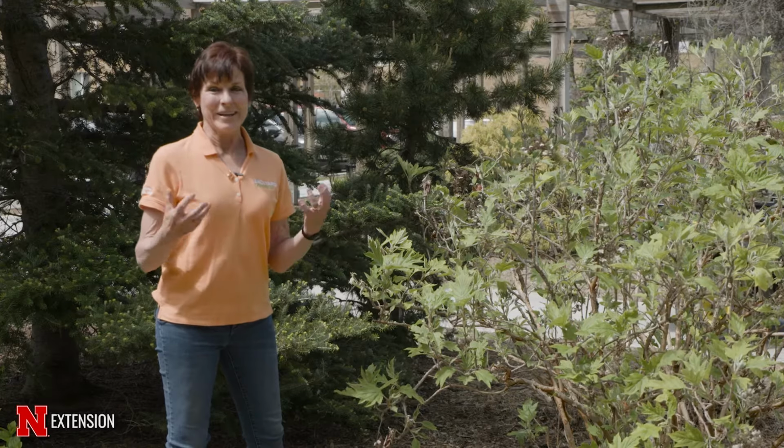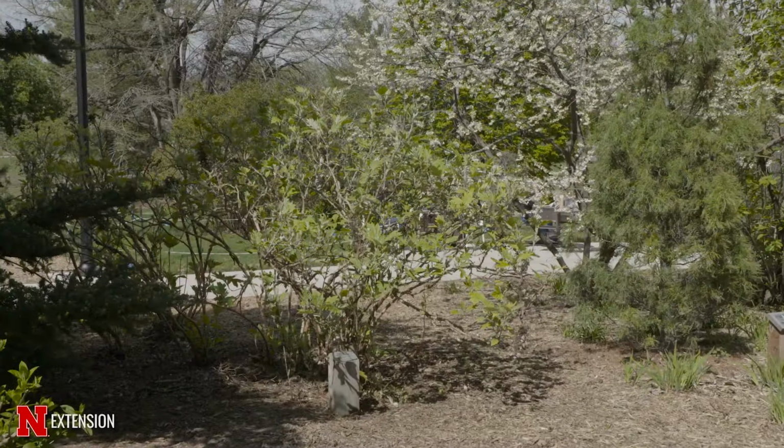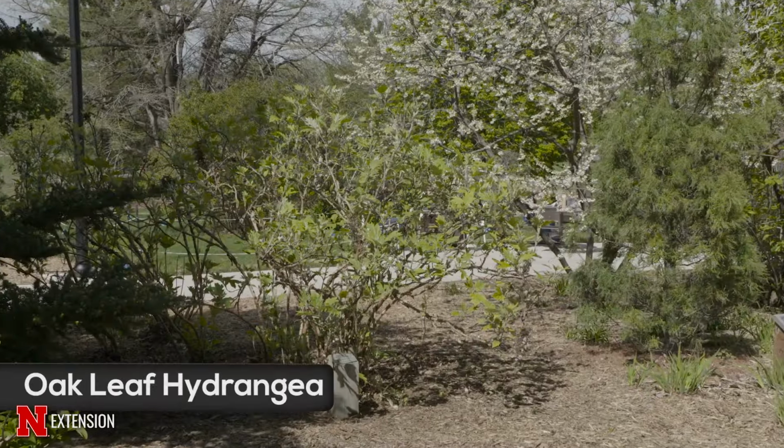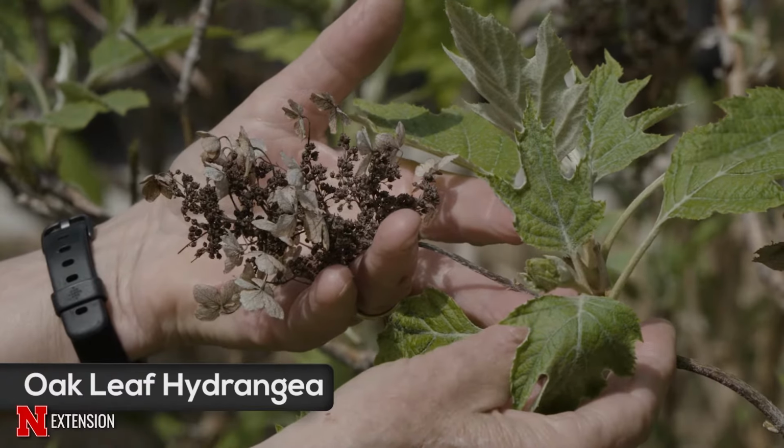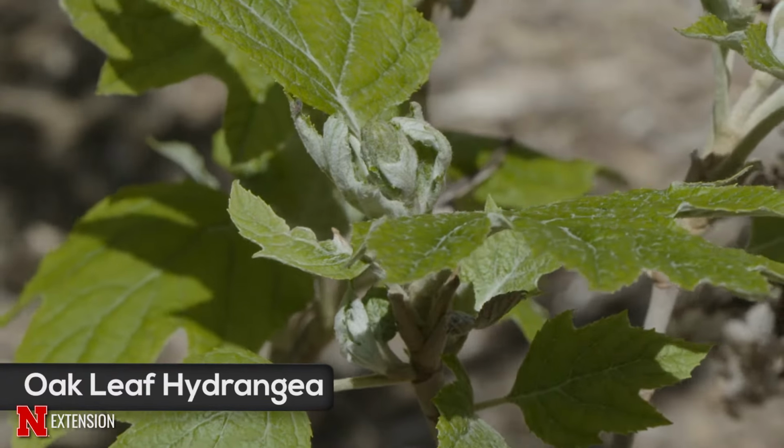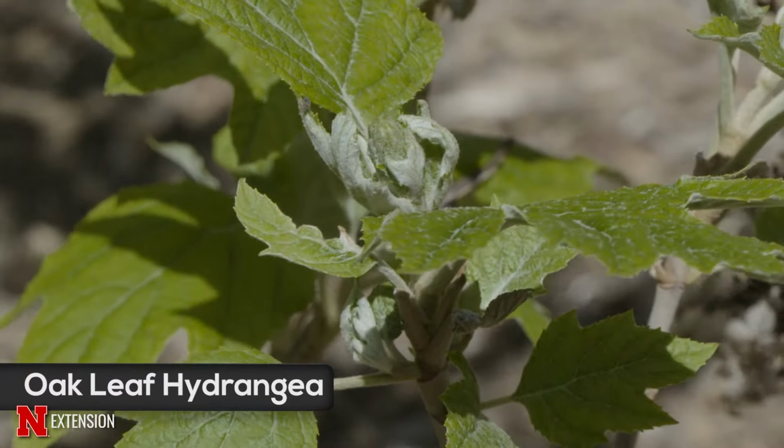We talk about five different types that are in some form semi-hardy, which is sort of funny anyway, here in Nebraska. The Oakleaf Hydrangea is a 100% woody plant. You can see last year's flowers on it, and you can see the new flower buds on it. The only reason you have to do any pruning at all on an Oakleaf Hydrangea is if you get great big canes